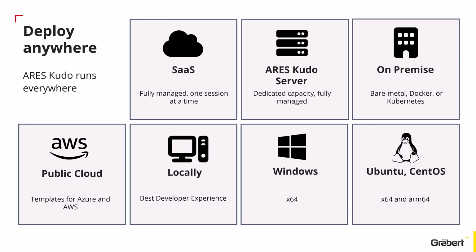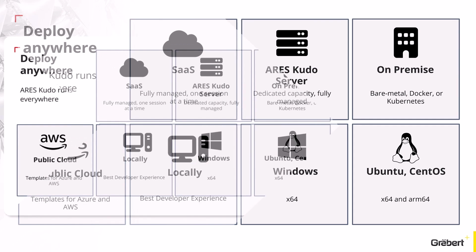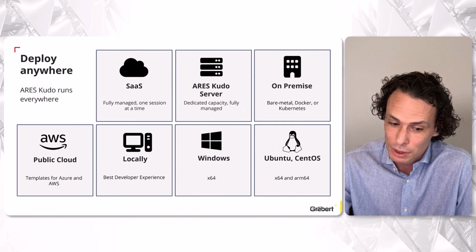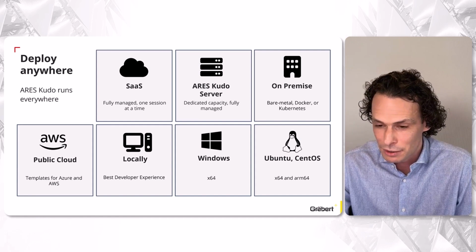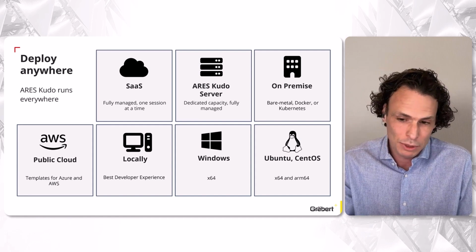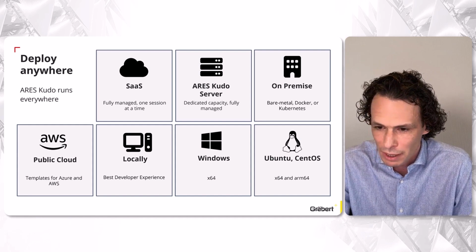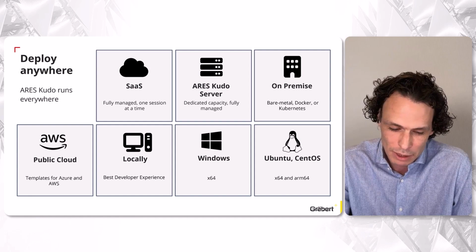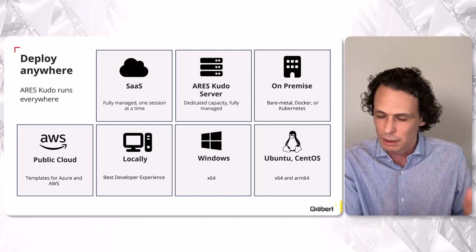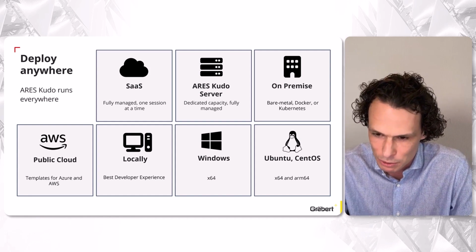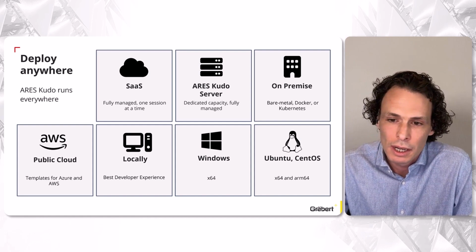Second, we can rent dedicated capacity, which we call the Iris Kudo server model, where you could pick a t-shirt size model server and we'll just deliver that capacity to you. You can also run this on-premise. We have certain clients that, due to data residency and other concerns, want to run this on-premise, so we'll give you a way to run that locally. But we can also help you deploy this in your own public cloud environments, right? If you already have a deployment in AWS or Azure, we'll help you deploy Iris Kudo into your own environment.